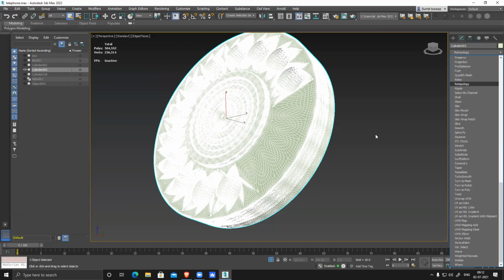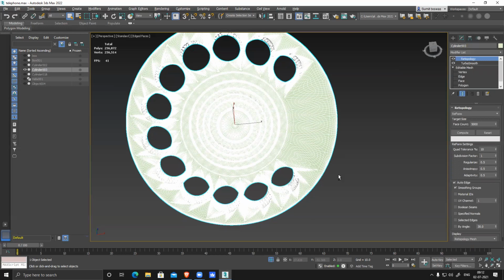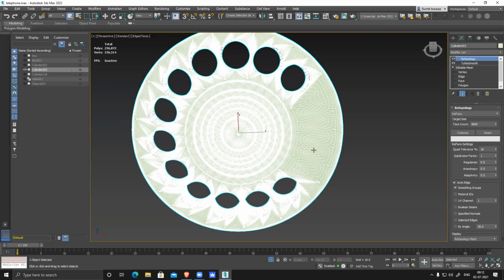It's a little heavy. It takes a little time to compute everything and generate. You can see the moment you apply, nothing happens here. So to fix this, now you can see I press 7. I can see my poly count. Right now it's 2,56,872 polygons. That's way too much, right?